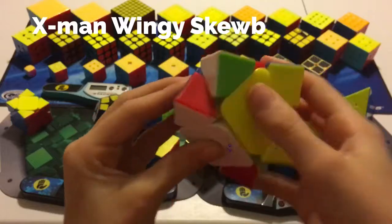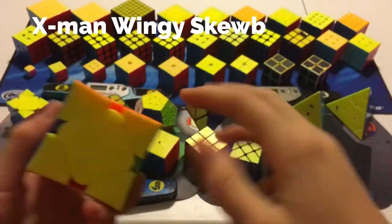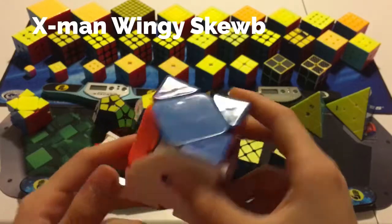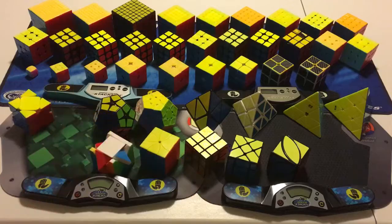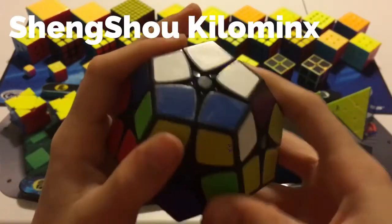So I also lost a Wingy's cube, so I've had 3 Wingy's cubes, and that one actually fell apart, and a magnet fell apart, and I still don't have one of the center caps. I mean, the edge cap. I mean, the corner caps. There we go. This is the 2x2 Megaminx, or the Killaminx, or the Gigaminx, however you guys want to pronounce